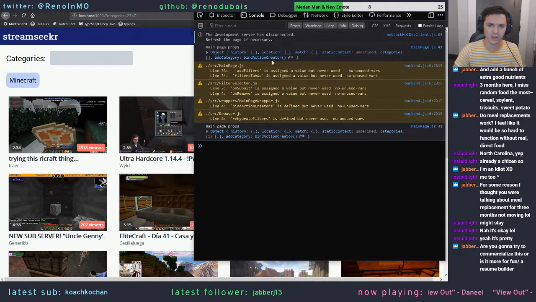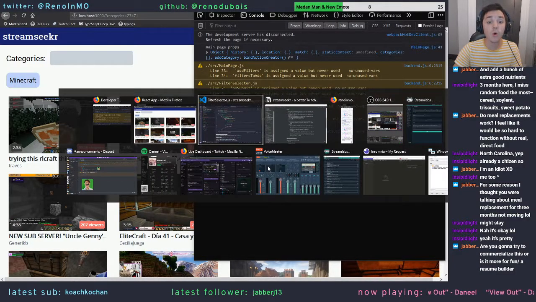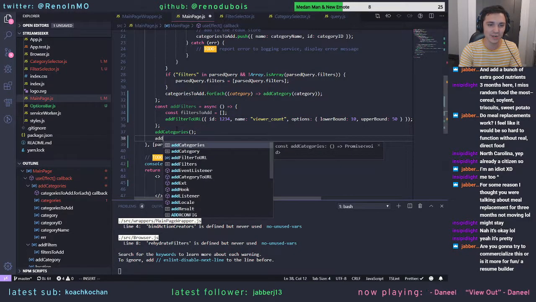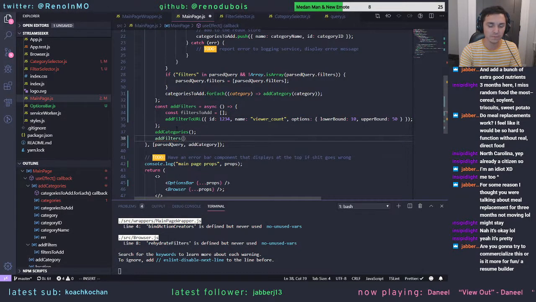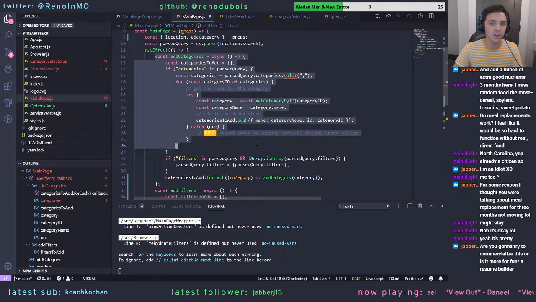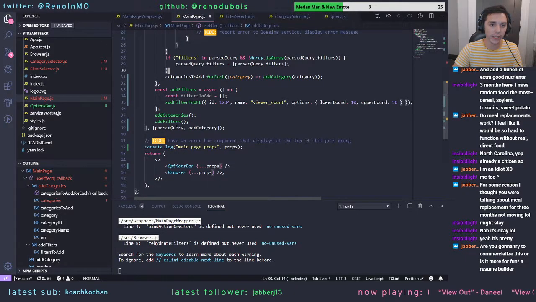Oh, is it even working at all? Oh, duh. Okay, so I made this function that does it, but I haven't actually called it. So to call addFilters. And the reason this looks a little weird, that I'm defining this function here and then calling it, is